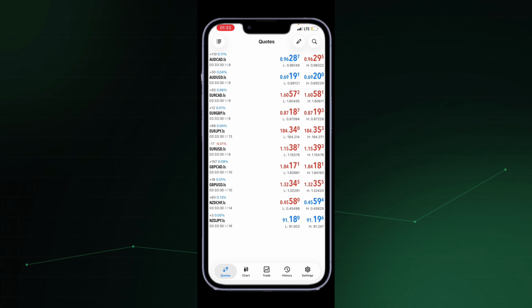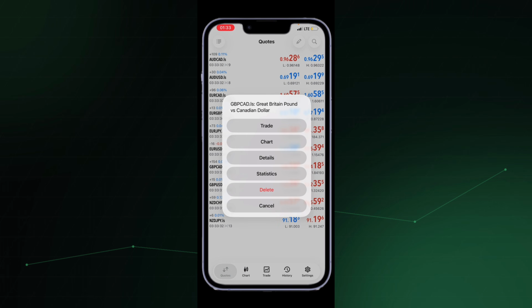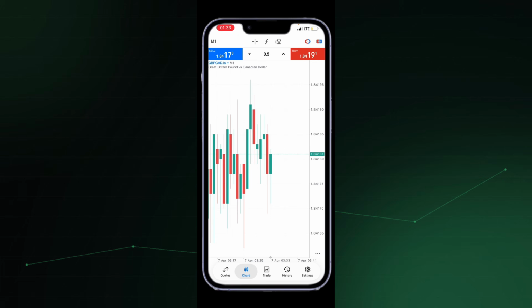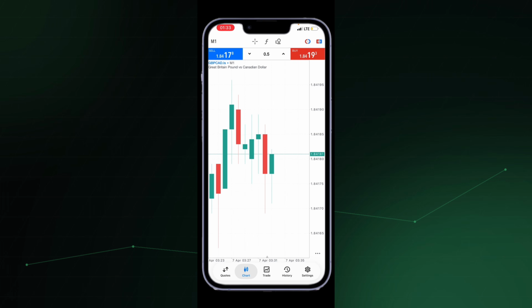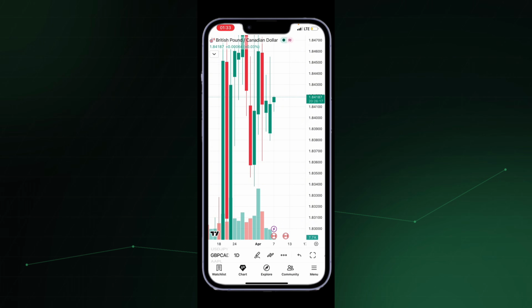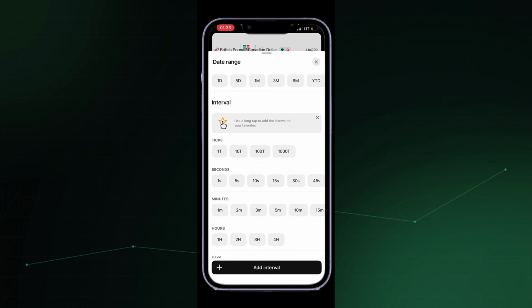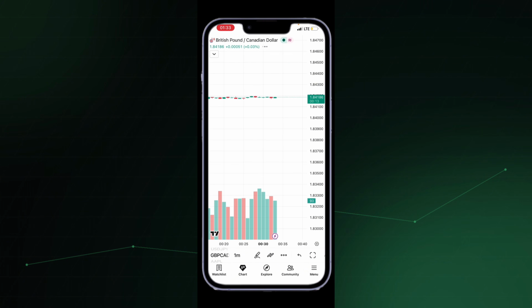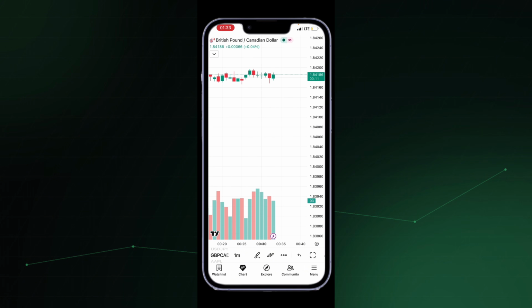So let's say, for example, I want to add GBP CAD, right? If you look at GBP CAD here, it is at 1.841, right? If you come back here, you'll see that it is also at the same price, right? So this is the same thing. If you come to the 1 minute chart, you'll see that the market is moving the same way.